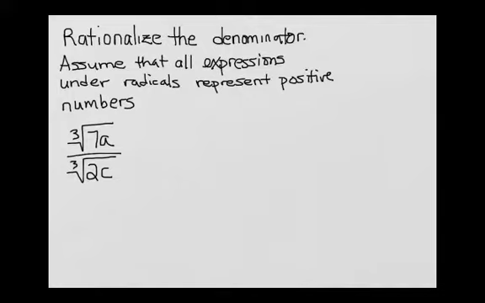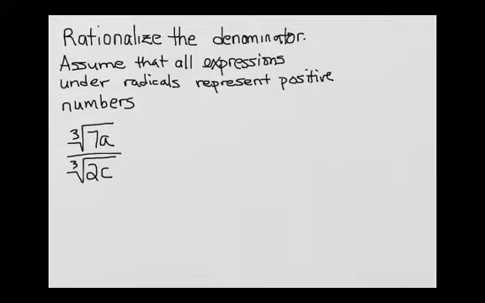In this video, we're going to do the following problem. Rationalize the denominator. Assume that all expressions under radicals represent positive numbers. That second part is there just to let us know that the expression is defined. Rationalize the denominator. That means that we need to eliminate the radicals from the denominator without changing the value of